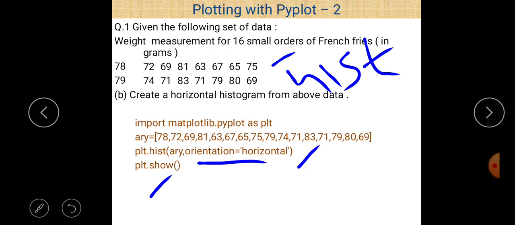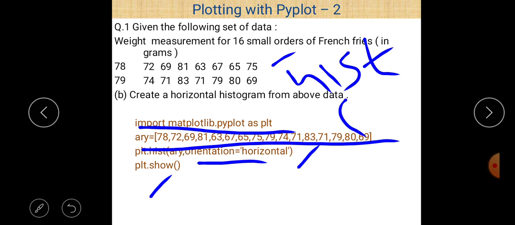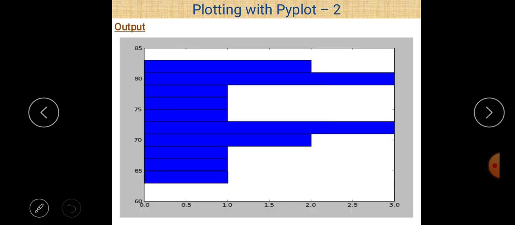You can see on screen import matplotlib.pyplot as plt, and after that there is a collection of different elements in a list here. Name of the list is ARY. So after the execution of that statement, this type of histogram can be created. You can easily see here this is a horizontal histogram. And the number of bins is by default because we don't mention any number of bins here. You can also mention the number of bins in that case if you wish. These are the default intervals here.